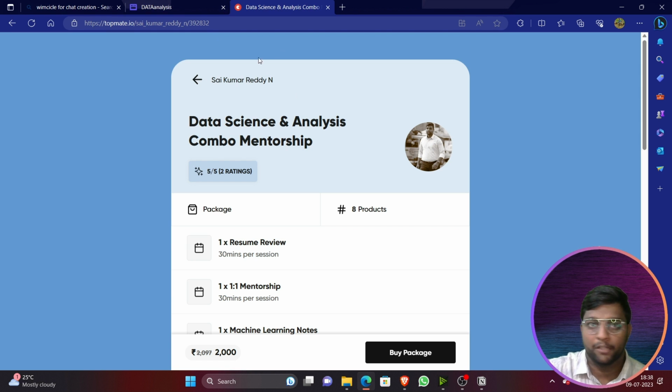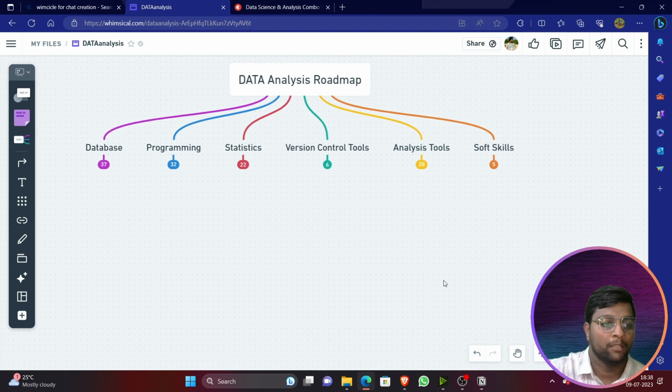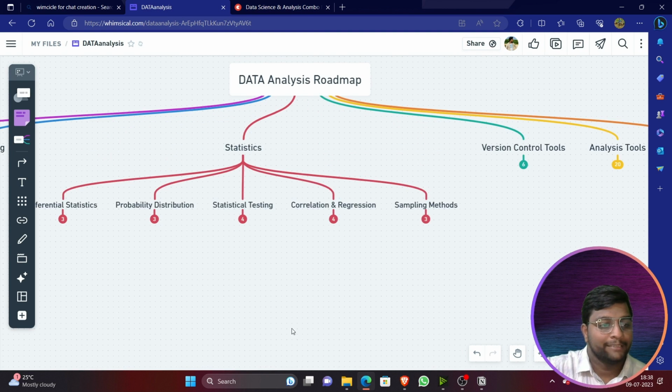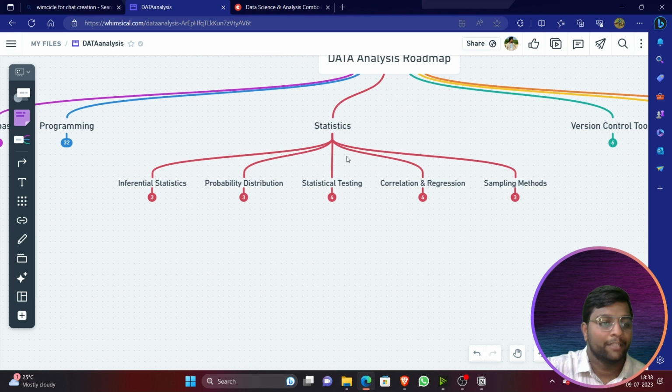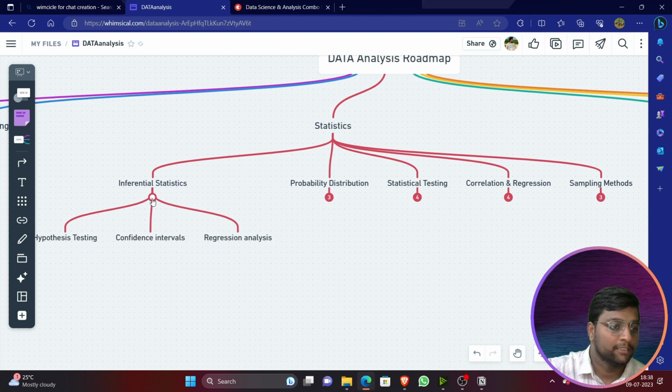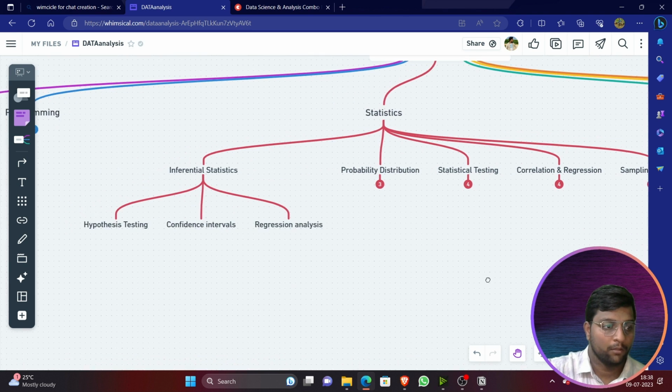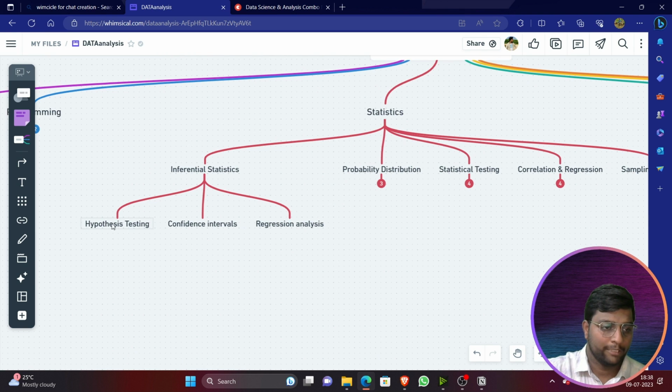So now let's continue further with the data analysis roadmap. You can see statistics. When it comes to statistics, these are all the topics you should know very well: hypothesis testing, confidence interval, regression analysis.